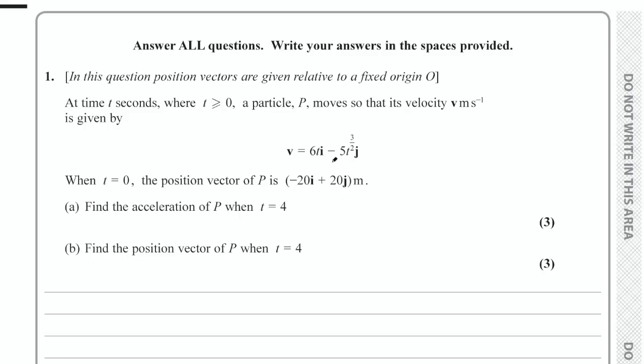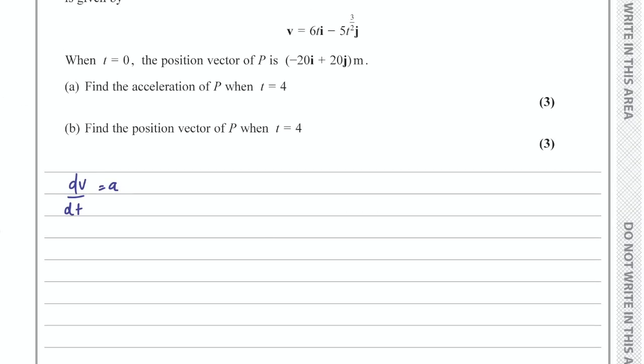To get the acceleration, we can differentiate the velocity. So dv on dt is equal to a. Basically, the change in velocity with respect to time is the acceleration, right? So taking the derivative of this vector here, using the power rule, take the coefficient of t. This will just be 6i. And then bring that power down the front, multiply it by 5. 5 times 3 on 2, that would be 15 on 2 t, and then take 1 from that power. 3 on 2 take 1 is a half. So we have, for the acceleration vector, 6i take 15 on 2 t to the power of a half j